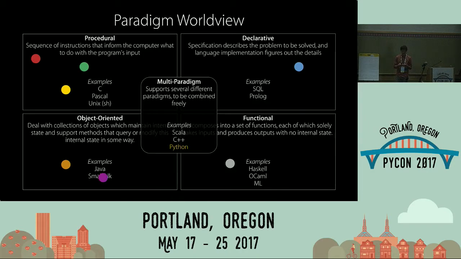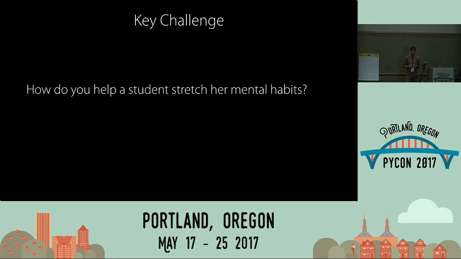And I claim that the function of style feedback in general is to move people around to somewhere else. In Python, if we're saying the center is a good place to be because it lets us draw on utilities from all of them, maybe people will come a little more close. The blue guy just slid over to the left, a little away from the center, and that's okay. Style feedback isn't saying everyone should think in one particular way, but it is saying, I want to challenge the way you're approaching problem solving, and I want to do that actionably and specifically. So again, the key thing here is how can you make students change or stretch their mental habits, their approach to solving these difficult tasks.